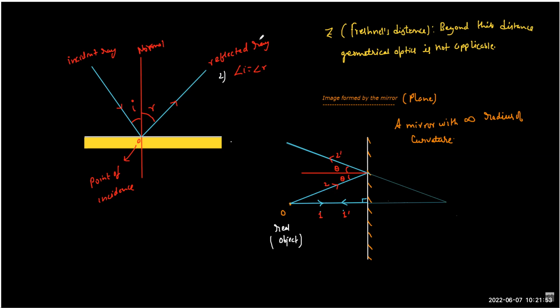We need to trace it back. So which means the image that we are going to get, everything which is virtual, we denote by a dotted line. We don't use the bold line. So at this point, you can reach by tracing back the reflected rays, and that is why this is called the image of the object. And because it is not happening naturally, we are not actually coming here. We are coming here only when we are reproducing backward, and that's why this is called the virtual image.